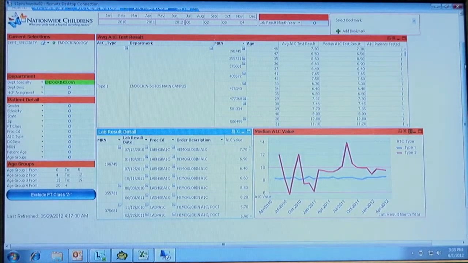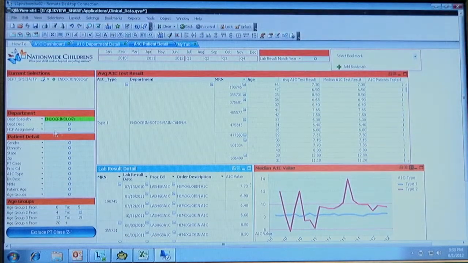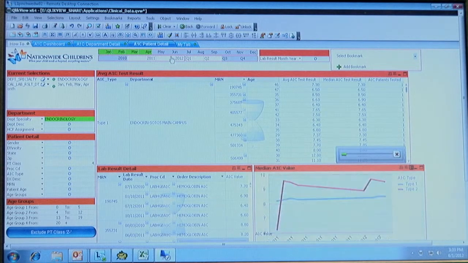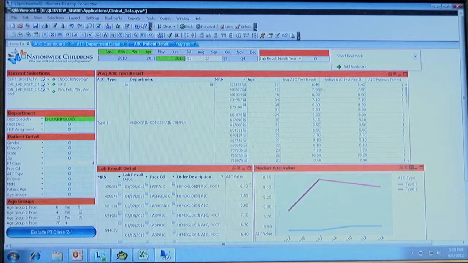So you can bookmark these selections. So if you wanted to save this selection, so say you wanted to save January through April, endocrinology for 2012, and then you wanted to save this so you could share with coworkers, because all this will be put up on the server on an access point, and that's how users will be able to access their applications. They'll get access to their specific application, and they'd be able to come in here and do exactly what